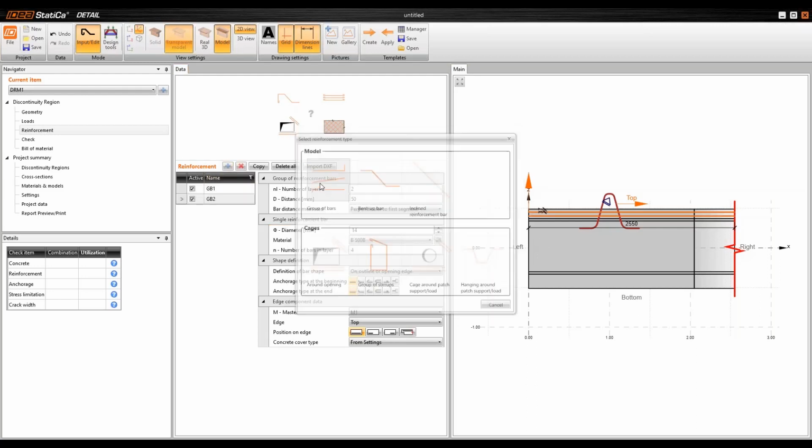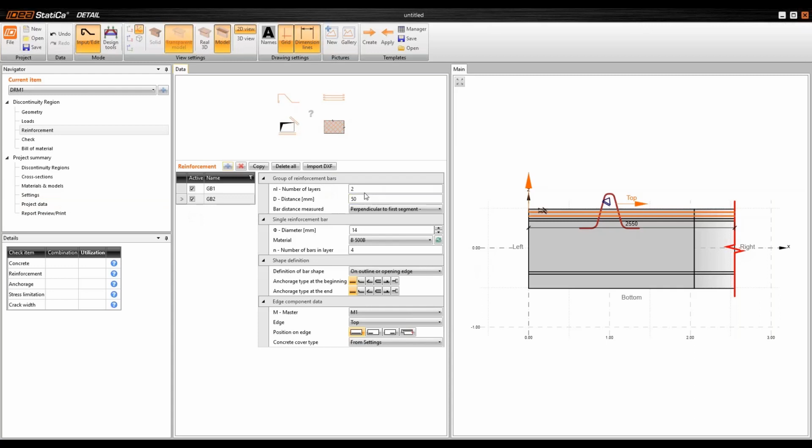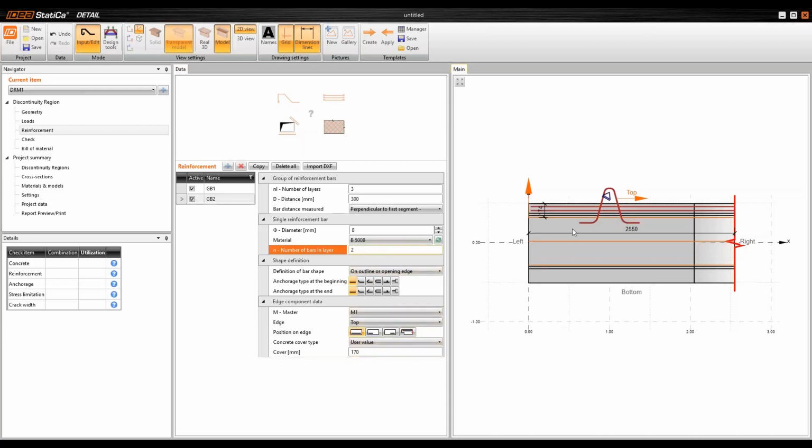Okay, great. So now let me add the longitudinal reinforcement on the wall of the section. So I can either add new group of bars or I can copy it. There will be 3 layers, and the distance between them will be 300. We will have also smaller diameter of 8, and also only two layers of them. And now I want to shift them a little bit below, so I can increase the concrete cover. I will choose from settings to user value, and this value will be 170. So you can see I have 3 layers